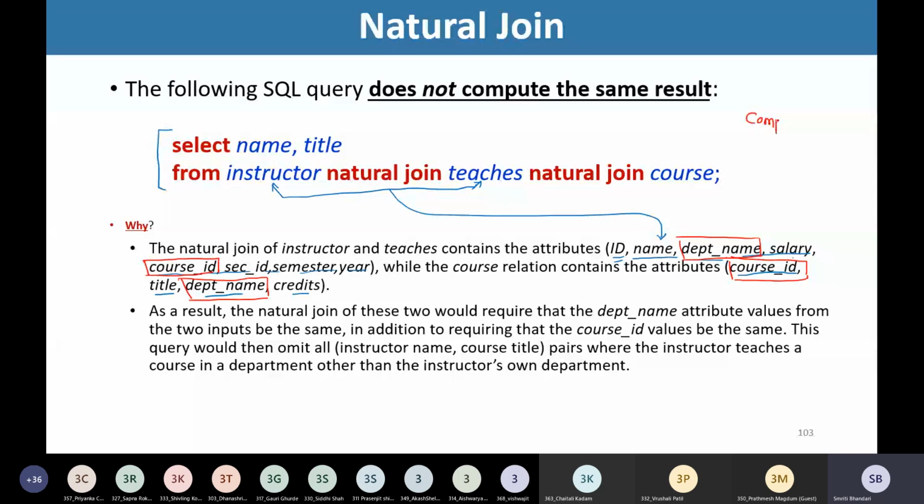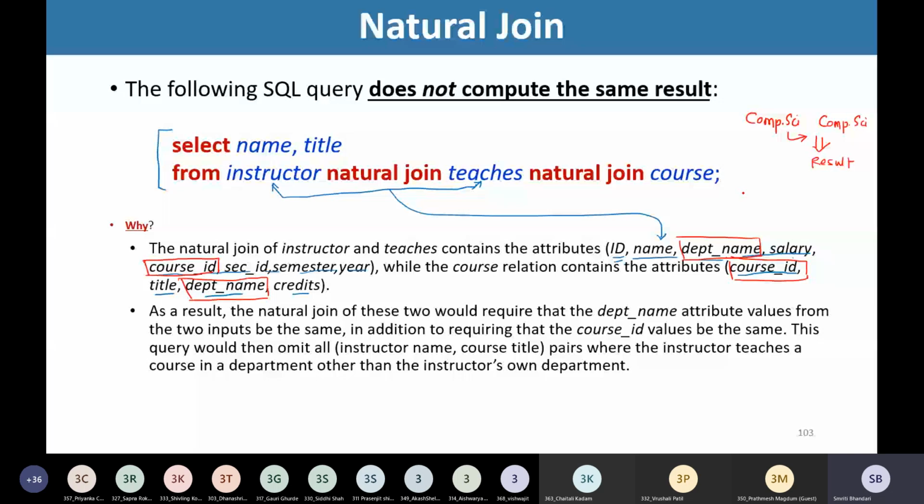So if there is a computer science instructor, and he or she is teaching a course offered by the computer science department, then that will be included in the result.